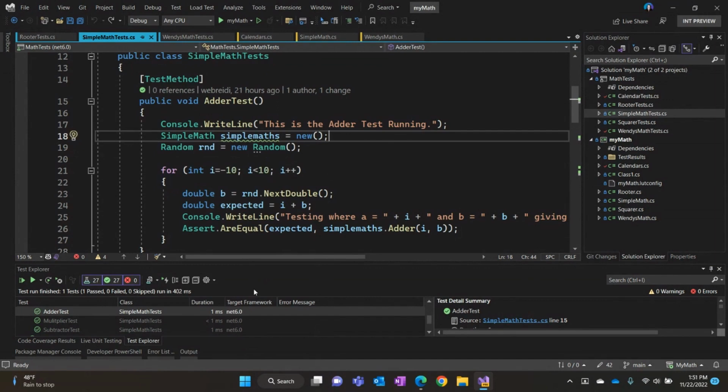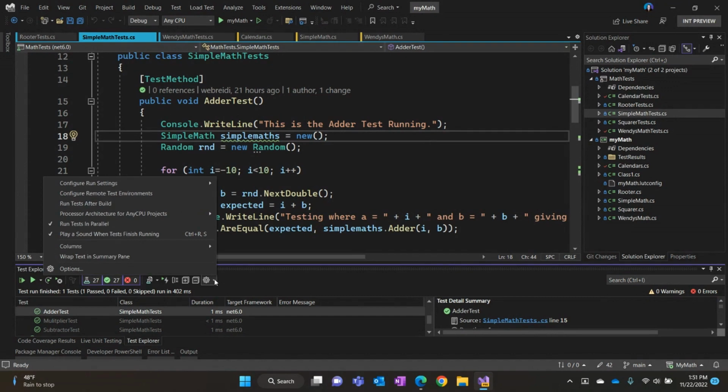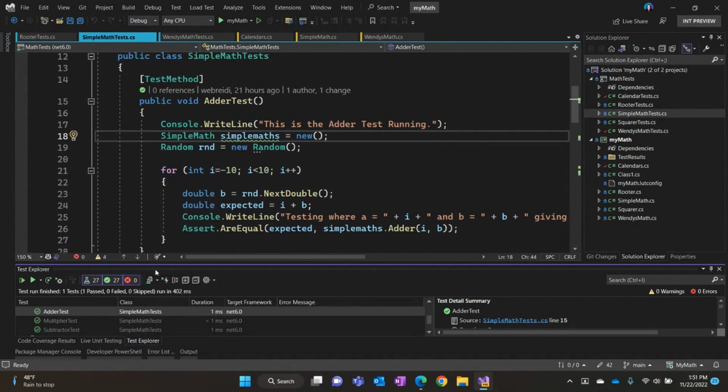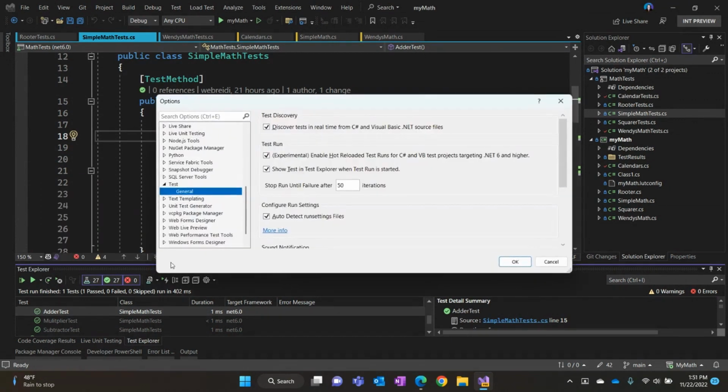Another thing that I really love that we've added in the last year is the ability to trigger audio cues when your tests have completed, especially when you're running hundreds of tests. It's really awesome. So you can have this play sound when tests finish running. Now you have to set it up first and pick which sounds, and you can pick any sounds that you want.